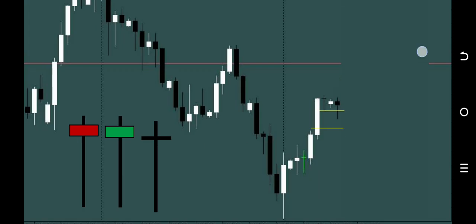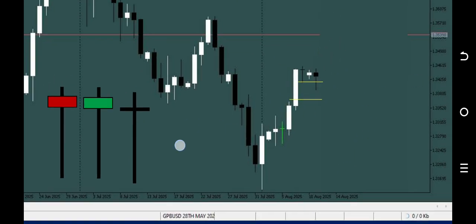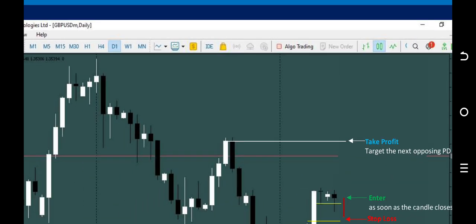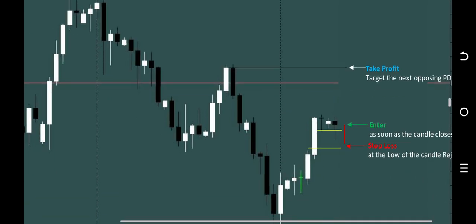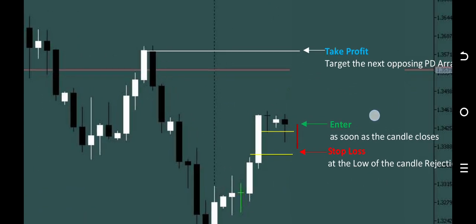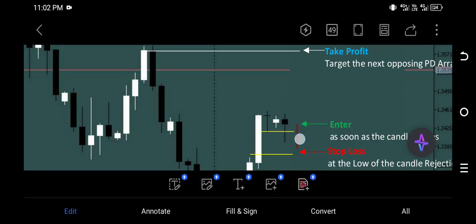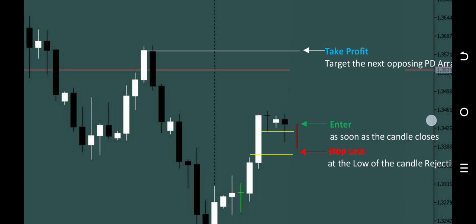Now, is it a rejection candle? Yes, it is a rejection candle, because I've taught you some rejection candles. This is just like the one that we have here, or probably this one. You see a rejection candle because it has a long wick. The wick is longer than its body, so it is a rejection candle. Then you start looking out for your entry pattern, which is so easy. You just wait. Once this candle is still breathing, you wait for the candle to stop breathing. Immediately the candle closes, you enter off of it. Then you place your